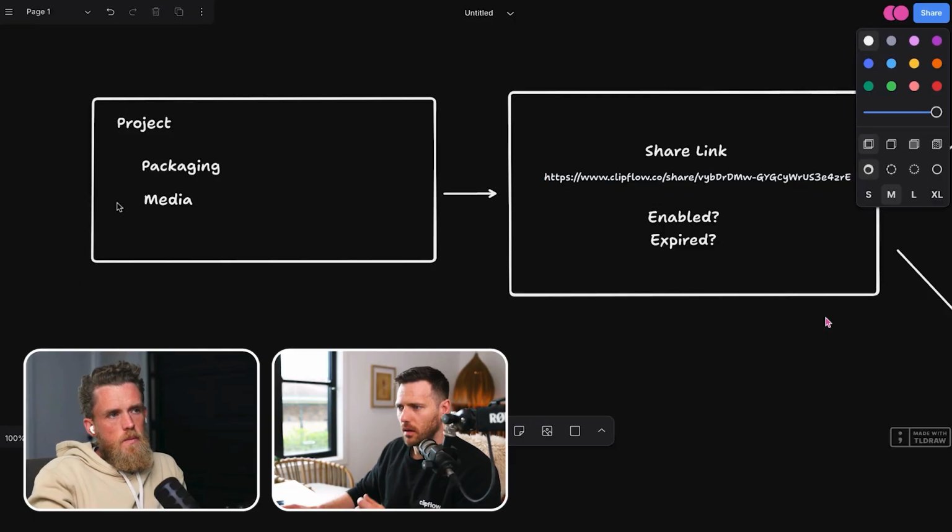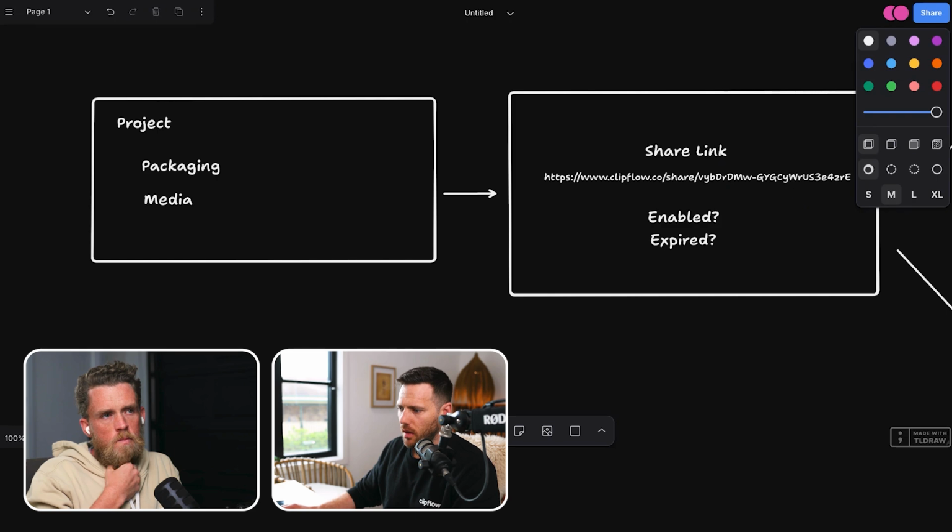And then these share links are designed to be used for someone who wants a friend or a group of creators to review either the packaging or the media. So we're either creating a shareable link or sharing to a group of people, like a focus group, from within the app. But either way, the share link is the same. It's just who it sends to and how it sends. Yep. So this is just a copy-pastable link,